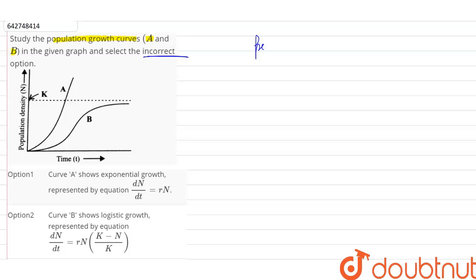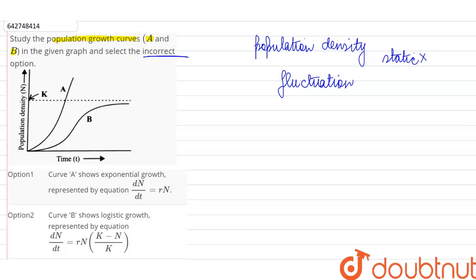Now, we all know that whenever we look at any population of any species, the population density is not something that is going to remain static or constant for a long period of time. There are many factors which can influence or cause the fluctuation of this population density. So when the population is going to change, when it is going to grow, there can be two different types of growth models according to which this increase in population density can take place, out of which the first is